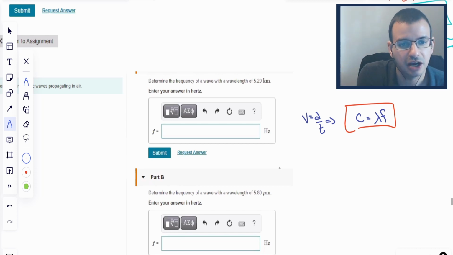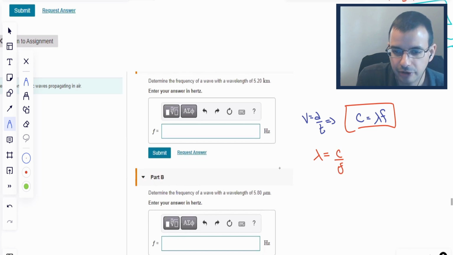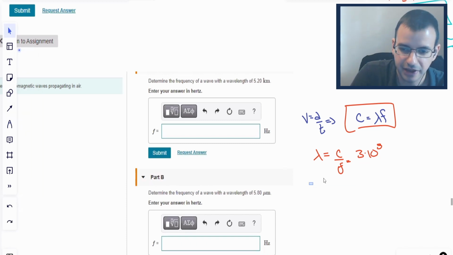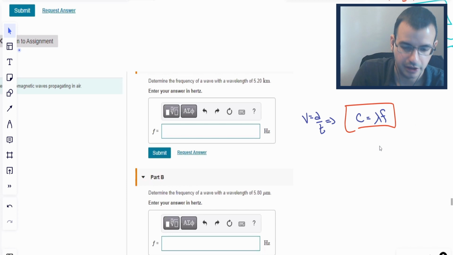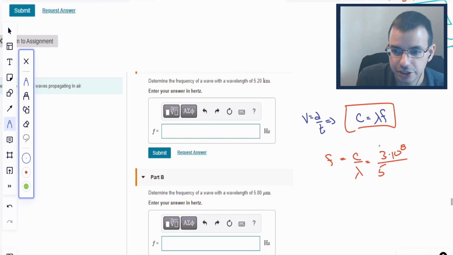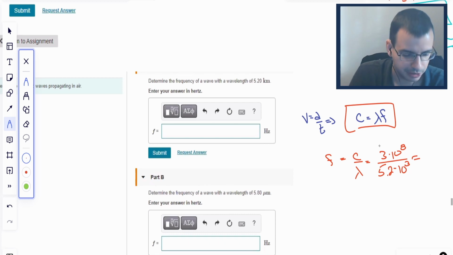So determine the frequency of a wave with that. We're going to say wavelength equals C divided by f, formula above, just rearrange, 3 times 10 to the 8th because it's convenient, divided by frequency. Oh, nope. We want to find the frequency. Fail, tragic. All right. Round 2. Frequency equals C over lambda, 3 times 10 to the 8th over, and we're going to have to use meters here, 5.2 times 10 to the 3rd. And this is going to be equal to